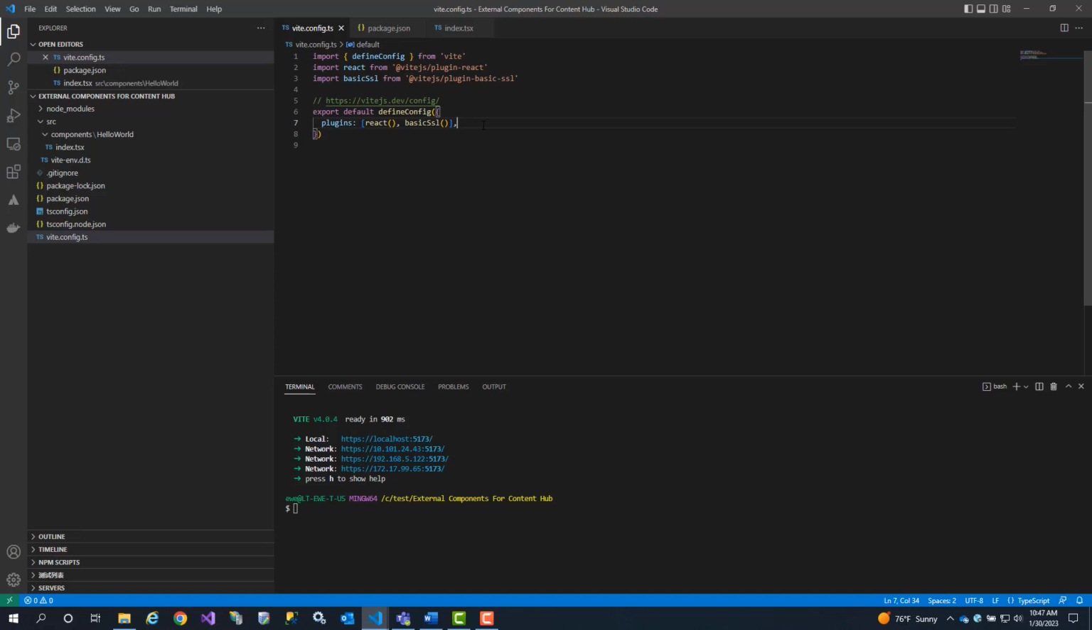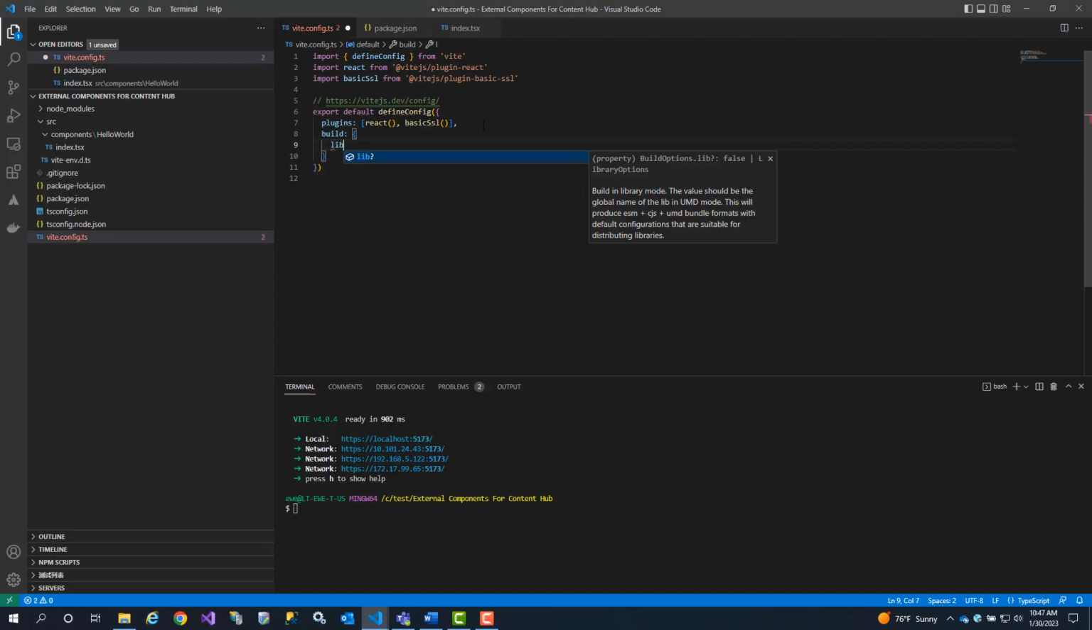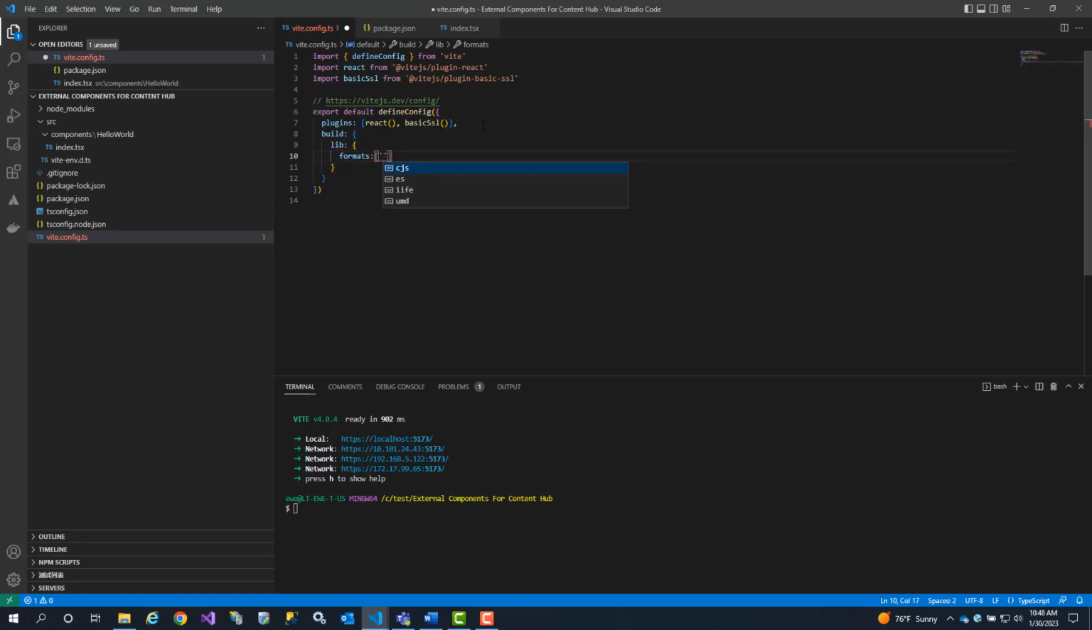Now we have to modify our config. So first we have to put in the build property, and we have to define the library of how we're going to build out our components. So we'll pass in our library, lib, right? This needs to be in JavaScript module format. So we're going to do a format ES. Yep, we're going to select that. And then after that, we are going to do